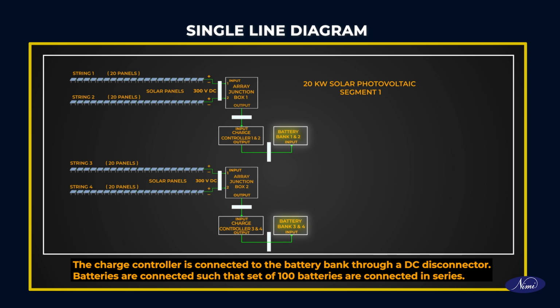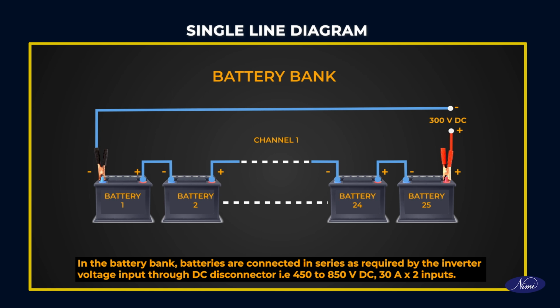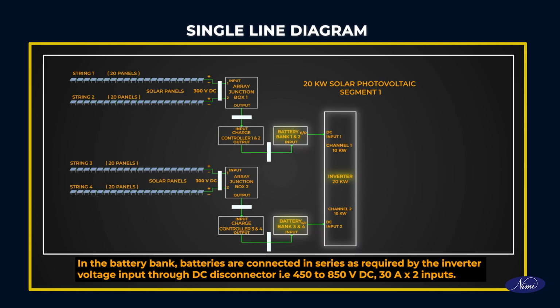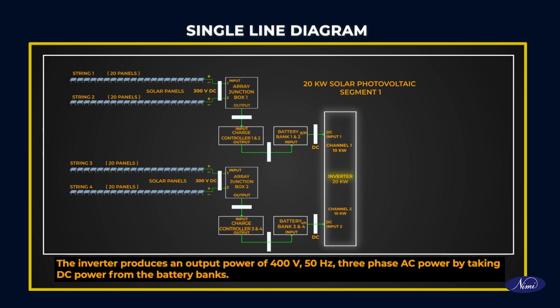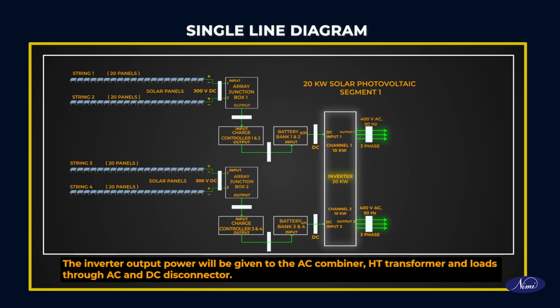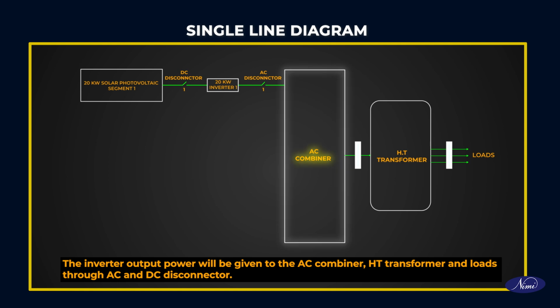Batteries are connected such that a set of 100 batteries are connected in series. In the battery bank, batteries are connected in series as required by the inverter voltage input through a DC disconnector, that is 450 to 850 volts DC, 30 amperes multiplied by 2 inputs. The inverter produces an output power of 400 volts, 50 Hz, 3-phase AC power by taking DC power from the battery banks. The inverter output power will be given to the AC combiner, HT transformer and loads through AC and